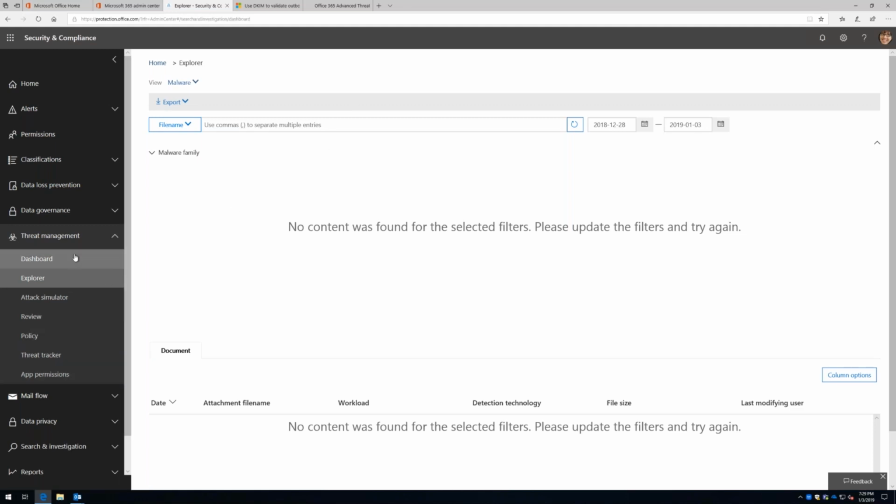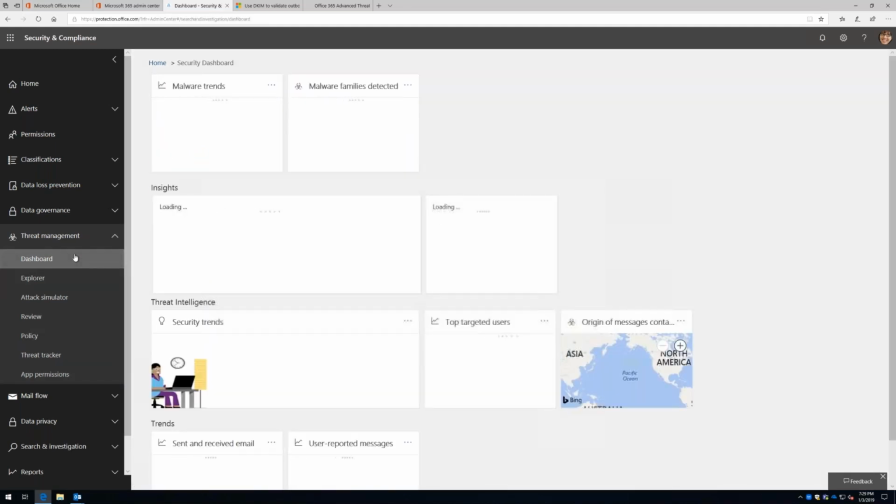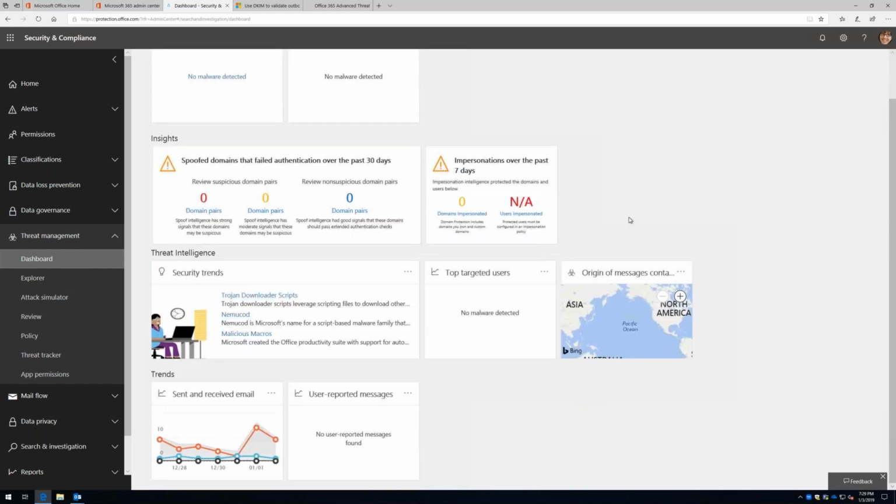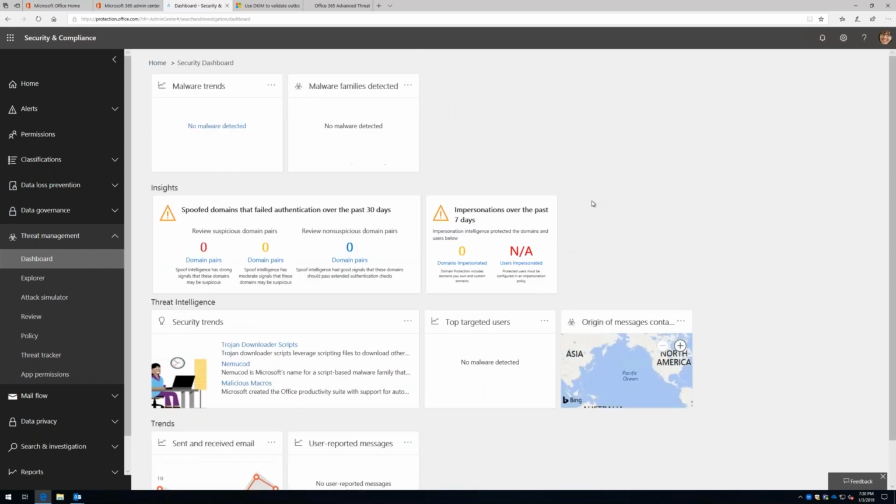But what I really wanted to show you all today is there's a lot to protecting against those email threats that's built into Office 365. And because it's part of Office 365, it's integrated. So you can be safe in knowing that the legitimate business correspondence will still be delivered, and then filter out all the bad stuff, if you will. And if I go to dashboard here, you can see all the different reporting and trends as well.